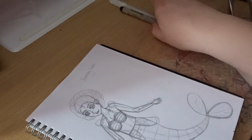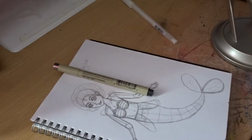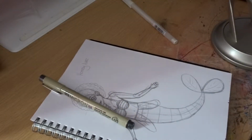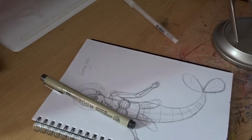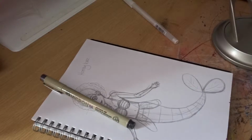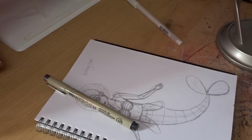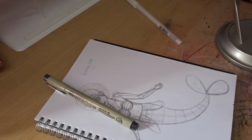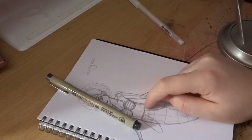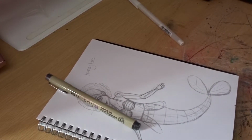So the plan is we're gonna line this with this micron pen. We're gonna then use some colours from in here to colour her skin, and then we'll use my normal brush pen set to colour in the rest of her. And then I'm going to draw another face and we'll use the paler colours to colour that in. But first I just kind of want to swatch them all so that I know what I'm dealing with. Actually, I'm going to line this first and then I'll swatch all the colours and we can see what we're dealing with. It also came with this,